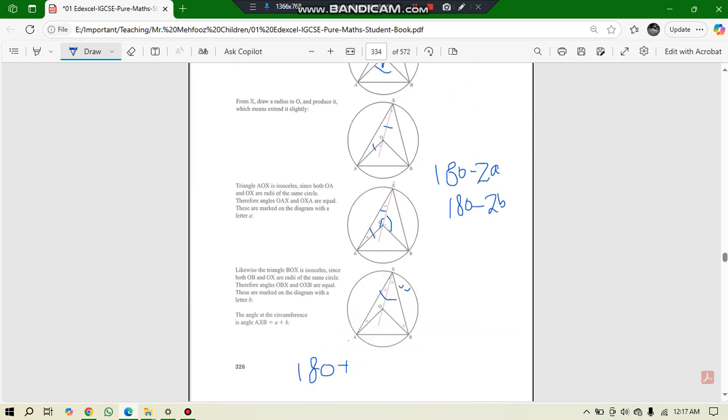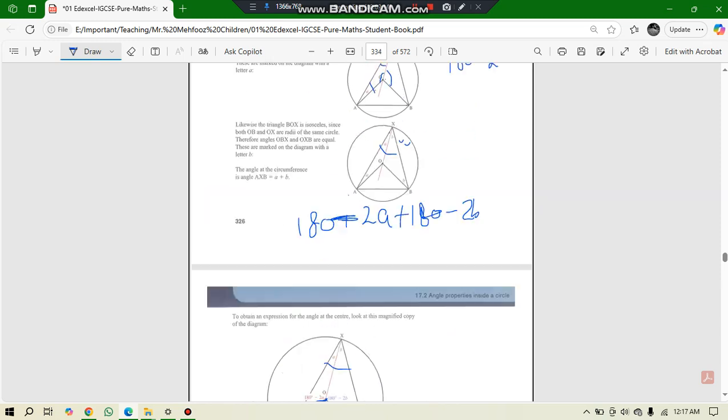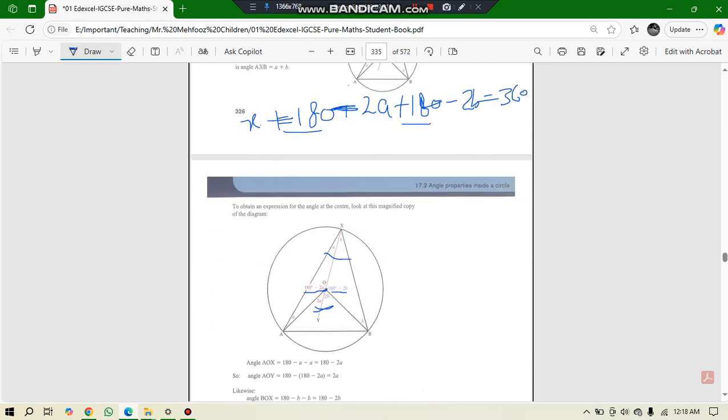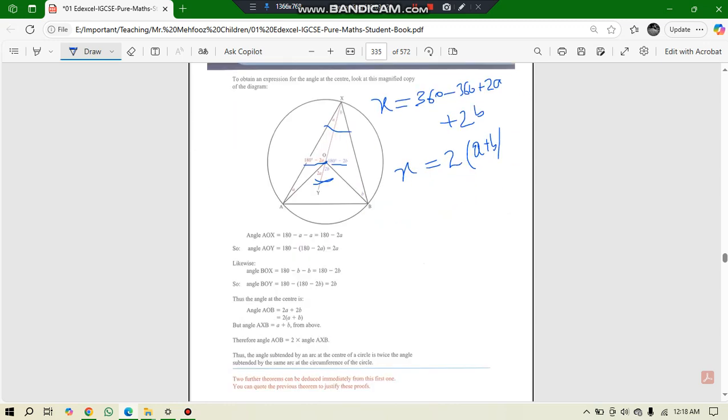180 minus 2A plus 180 minus 2B, and the third angle, I suppose that this is x, plus x is equal to 360. Okay, so this 180 goes on the other side and subtracted from 360, it will become x is equal to 360 minus 360 plus 2A plus 2B. So here x will be 2 times A plus B, right? As you can see, this angle x will be 2 times A plus B, that is twice